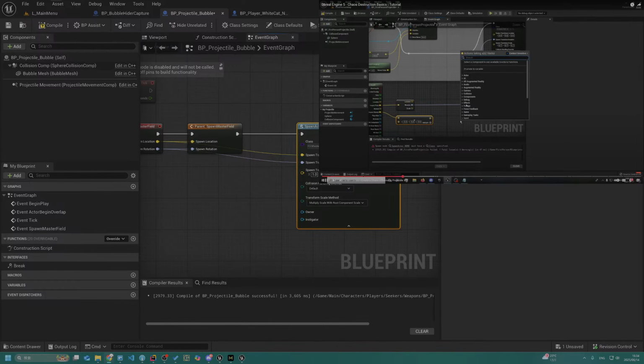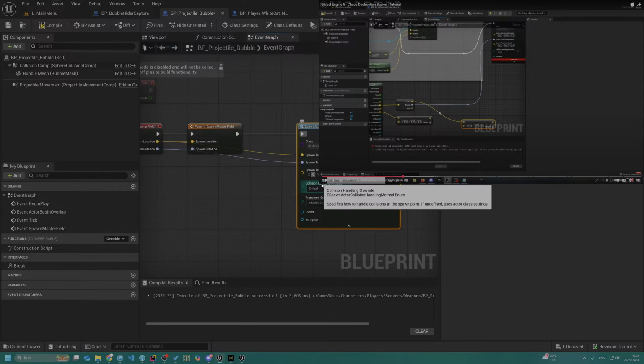And then we'll get our location here, add that onto our impact normal, add our impact normal onto our location, and that will be the spawn location.